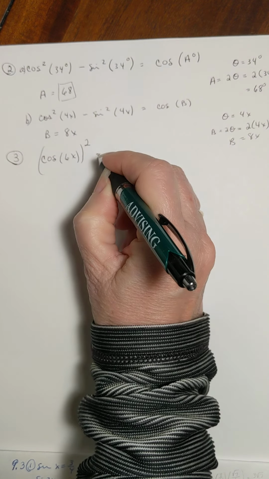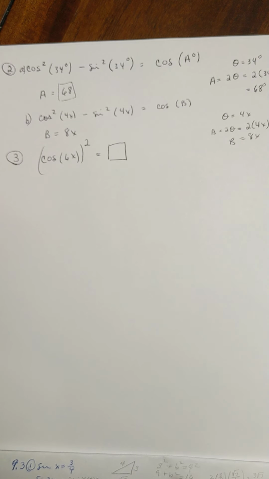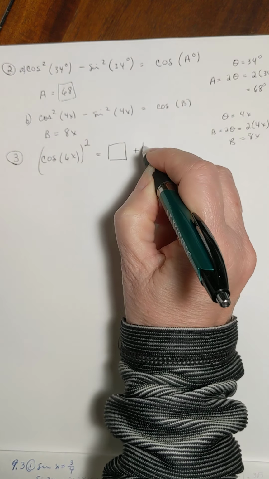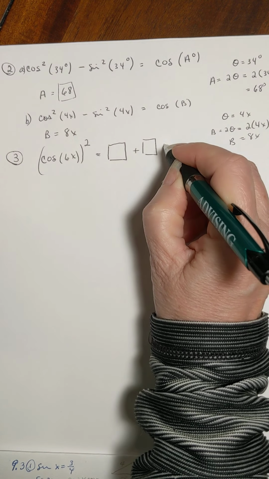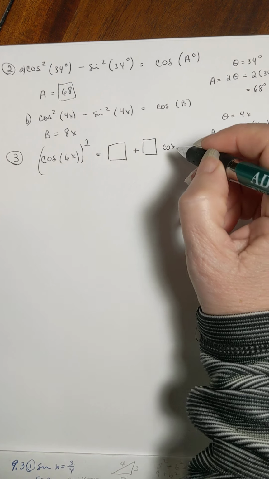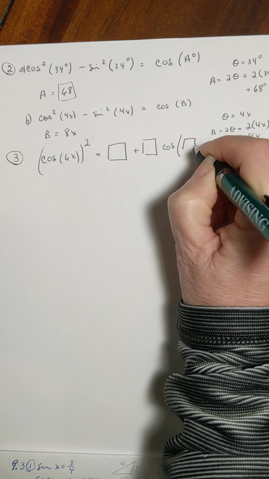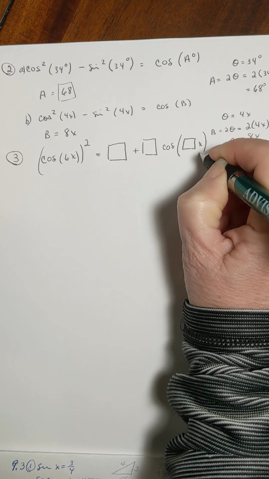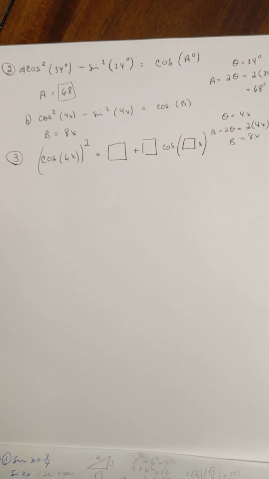And then it has equals box plus box times the cosine of, in parentheses, box x. So we have to fill in these 3 numbers. All right? So on this one,